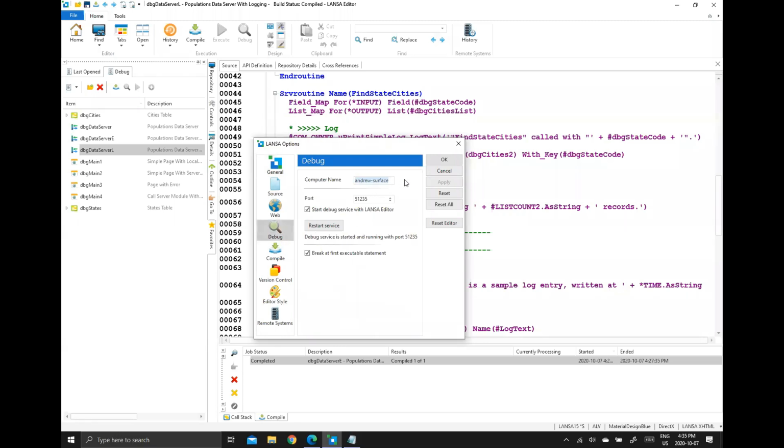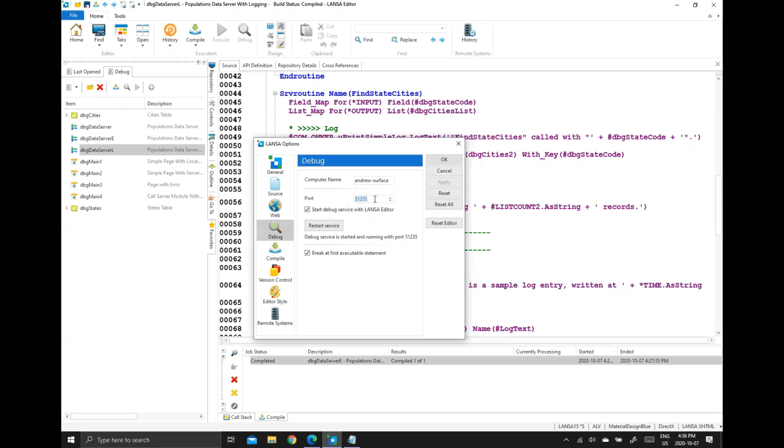One is that it's saying, here's the computer name, right? So that is how I identify this computer, so that the server can call back to here and tell me what lines within the LANSA program it's executing up on the server. That's how it knows. That's how it tells LANSA here, this workstation, not somebody else's workstation, what line I'm executing now. And even more importantly is this port number, because this port number, in this case 51235, we want